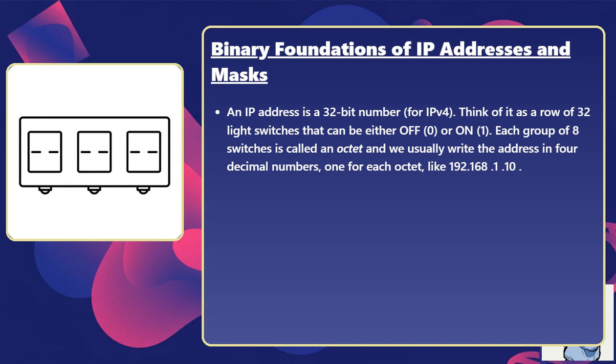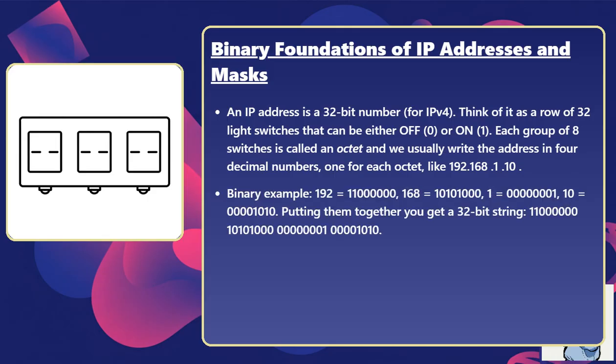An IP address is a 32-bit number for IPv4. Think of it as a row of 32 light switches that can be either off (0) or on (1). Each group of 8 switches is called an octet, and we usually write the address in 4 decimal numbers, one for each octet, like